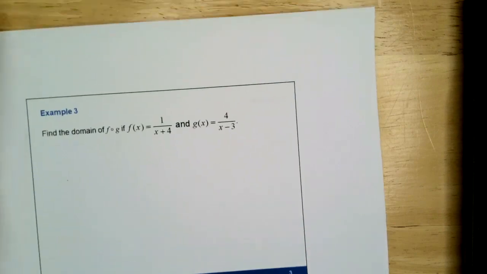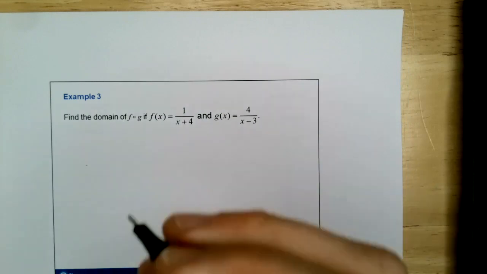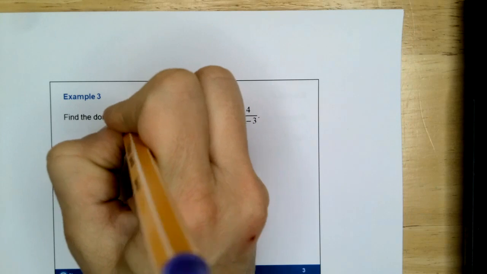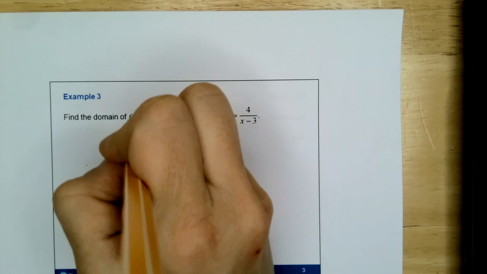Okay. Example 3 asks us to find the domain of f of g if f of x is equal to 1 over x plus 4 and g of x is equal to 4 over x minus 3. So this is going to become a compound fraction, which means a fraction within a fraction. Everywhere that there is a variable, well, let's look at it. f of g of x. So we're going to take f of x,